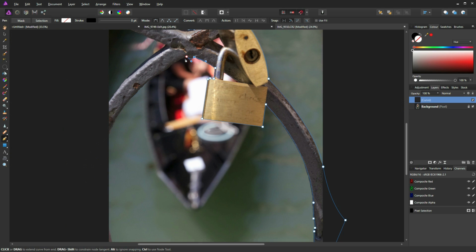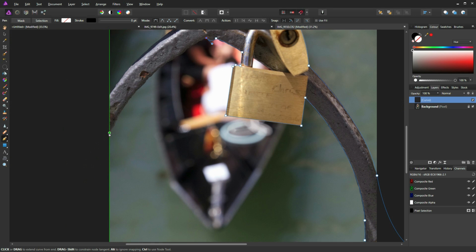I Control Z and break that link because I didn't like the way the beginning of this curve started. So just inside of my wrought iron work, and find a midpoint, and that will do. And again, I'm going to come outside my image. This doesn't really matter, it doesn't really affect the overall selection. So I'm going to zoom out,